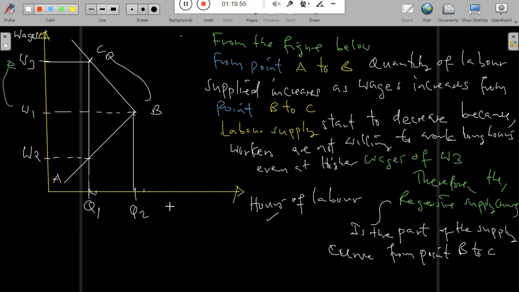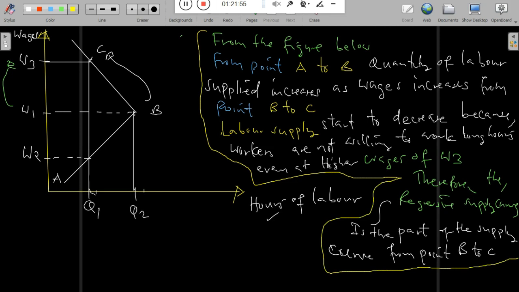But there is a minimum amount where, even if you pay workers more wages, they will not devote themselves to working long hours, because they have activities to perform with the income that they have. So that is how